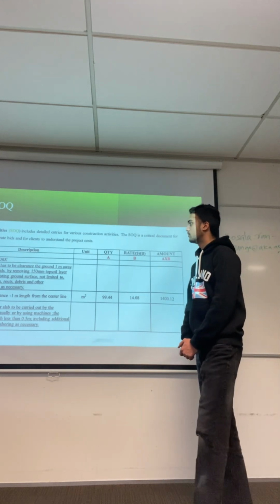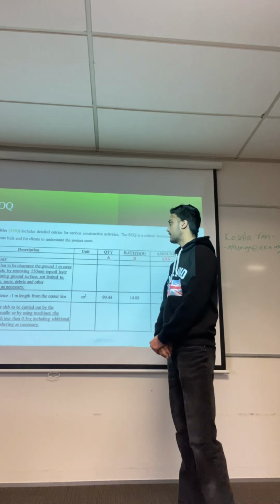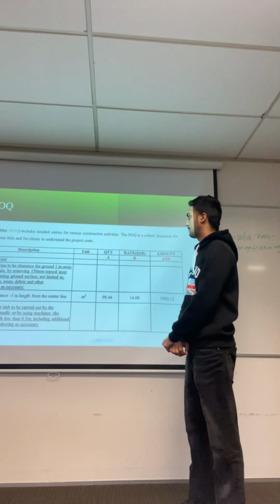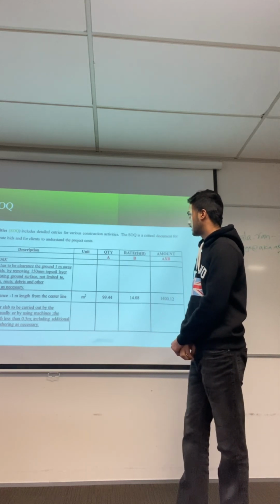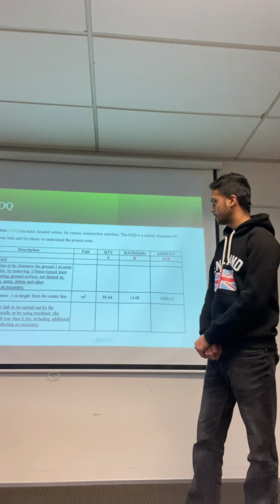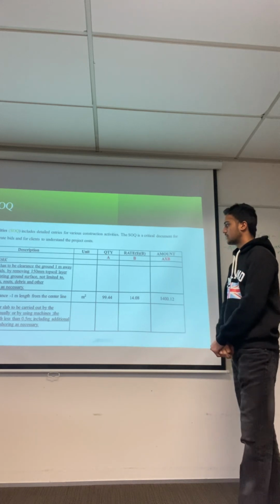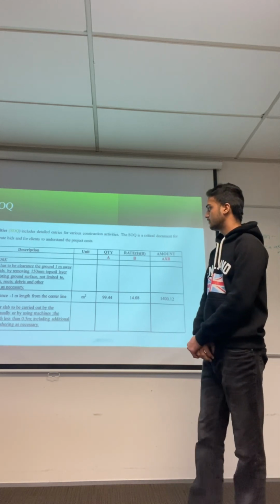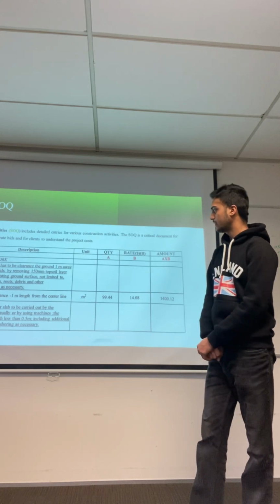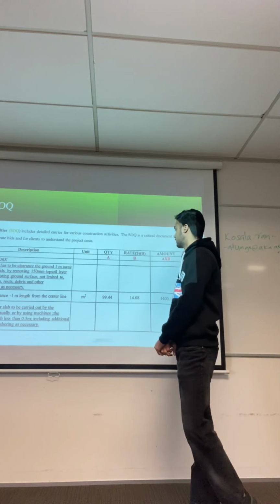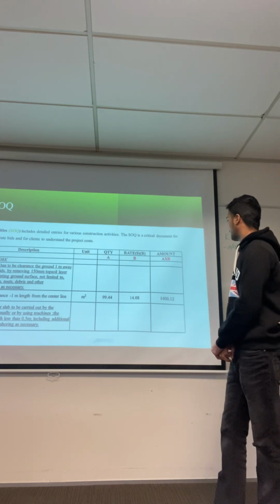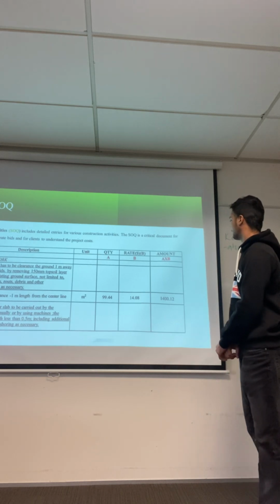The first one is earthwork. Earthwork contractor has to clear the ground 1 meter away from the grids by removing the 150 millimeter topsoil layer from the existing ground surface, not limited to removing trees, roots, debris and other disturbances and necessities. And 1.1 ground clearance 1 meter length from the center line, M square unit and quantity 19.44 and rate $14.8 and amount is 1412.